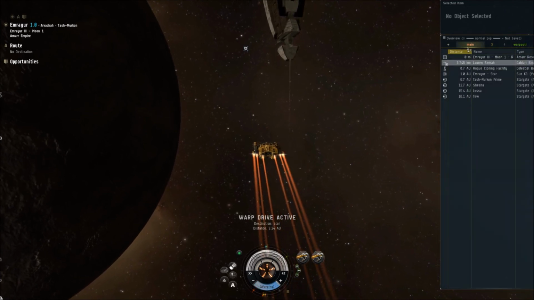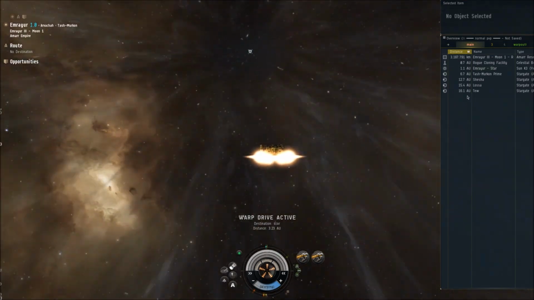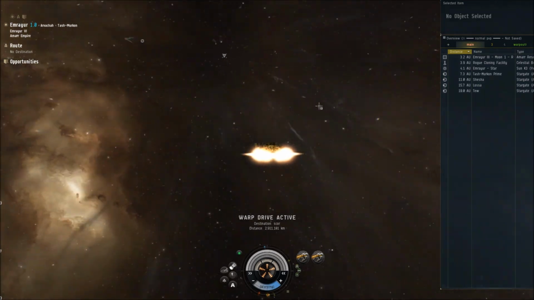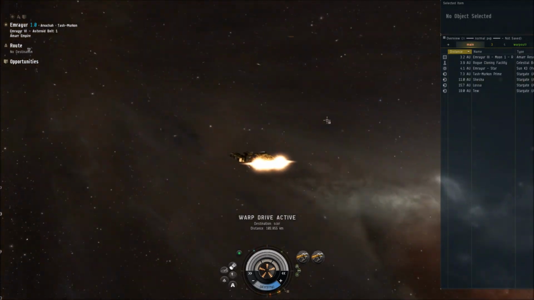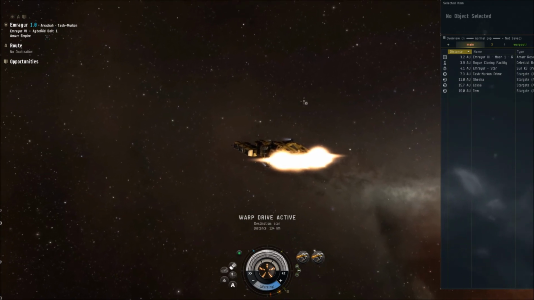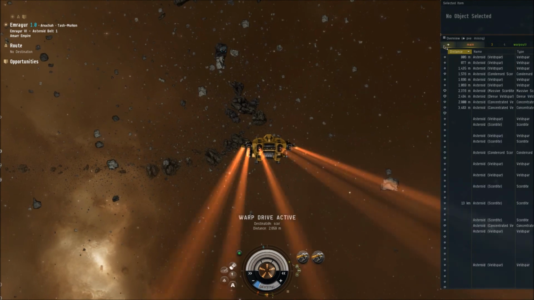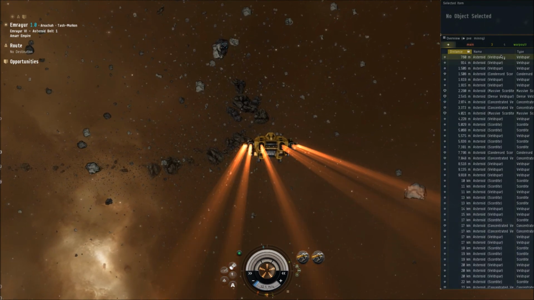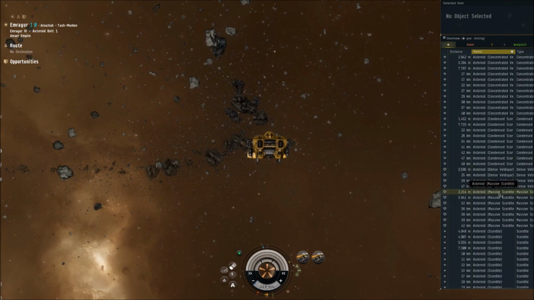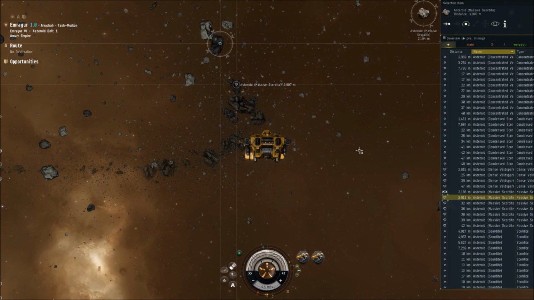I always put it on main because I want to see who is gonna warp in where I am, just in case some red guy comes over, so I know. Not that it makes a lot of difference down here, but it's a habit, I guess. Yeah, so the thing I have been mining is massive scordites, so I'm gonna lock them